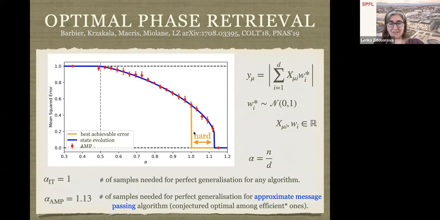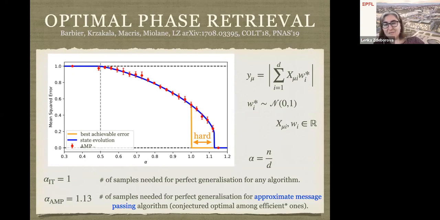It's kind of interesting theoretically, because this approximate message passing is conjectured to be in some sense optimal among the efficient algorithms, those that run really fast, say linear in the system size. But at the same time, it's pretty small. You're only bothered if you have between the dimension and 13% more times the dimension samples. And if you have more, you're good. So it's very small. So maybe it's not such a big deal.